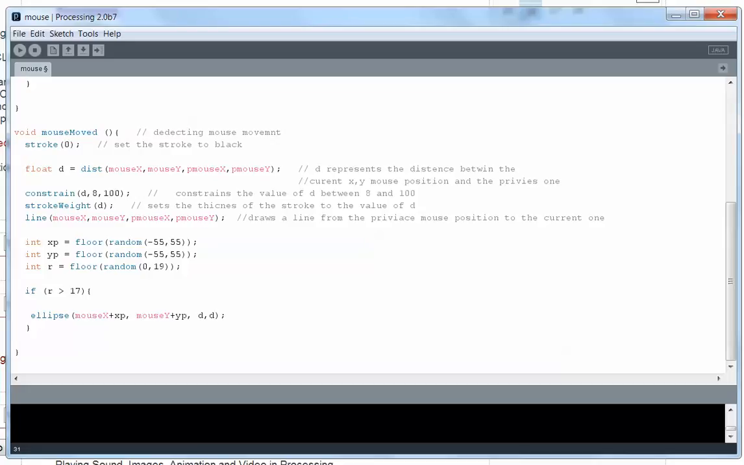Then I generate a few random variables. One is xPosition, which is a random number between -55 and 55, and I use floor to take the number down, to make it a round number, so it could be an int, because random generates floats. Do the same thing for yPosition, again between -55 and 55, and I have another int called r, which